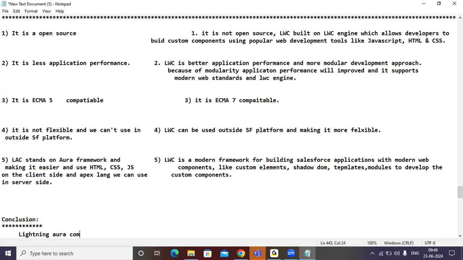Lightning Aura components and LWC are both different frameworks for building custom components within the Salesforce platform.